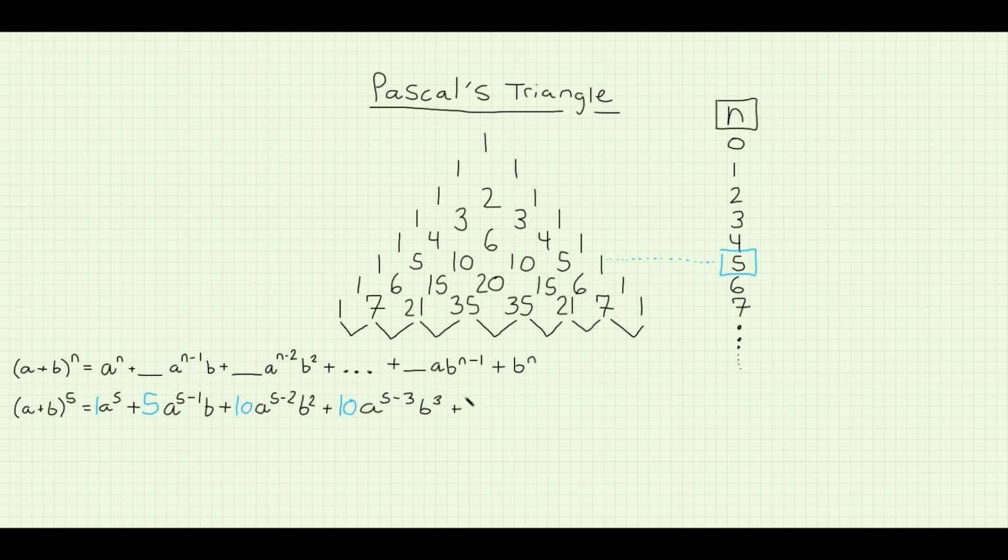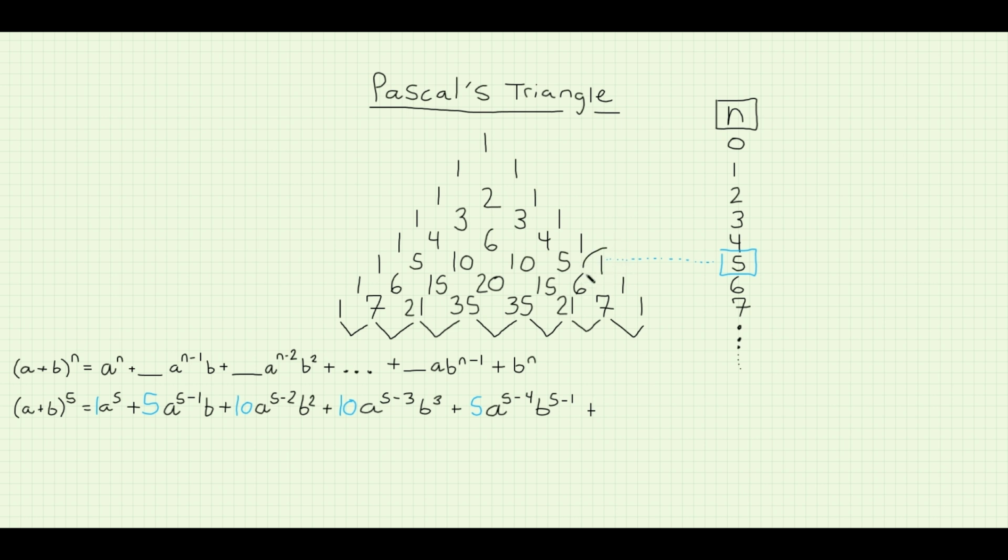So I'm going to grab that last coefficient there, 5, and I'm going to multiply it to a times b raised to the power of 5 minus 1. Because look, if I wanted to write it out, I could. 5 times a raised to the power of 5 minus 4 is the same thing as a raised to the first power, which is the same thing as a, which is what we see here. As for b, we're going to have b raised to the power of 5 minus 1